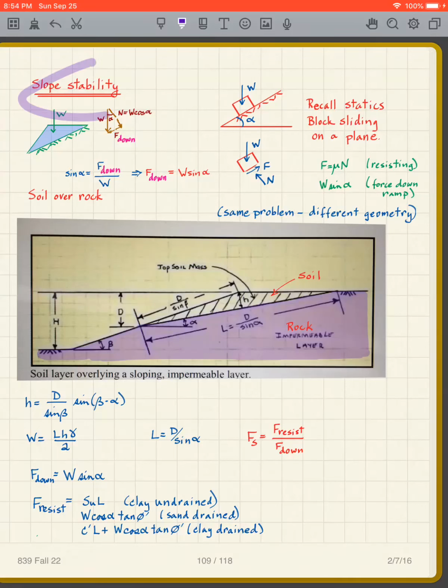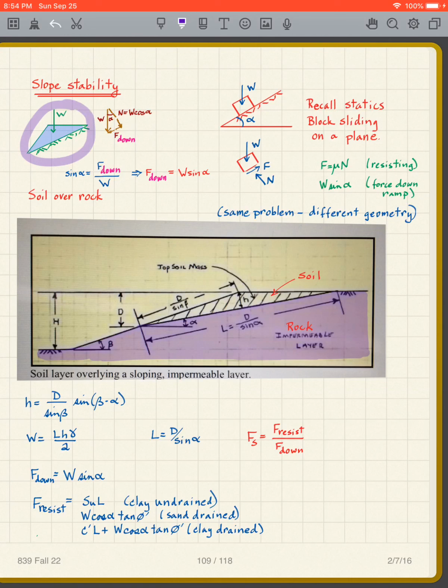All right, I want to say something about slope stability. We look at slope failures quite a bit, but we don't really put numbers on them. So I want to show you how you can put some numbers onto some situations. So let's take a look at this common